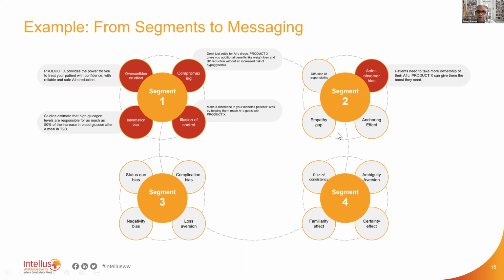So this is something that can be done now, taken all the way where your entire message map in Veeva can be loaded based on each segment. You could have mini inventories of messages down to the segment level. The rep would not have to do any extra work to figure out how to customize the messaging from one segment to the other, and so on and so forth. It would already be mapped. All that needs to be done is that they need to be trained to some extent to better understand why they're being asked to deliver an illusion of control message to segment one. So that would become part of their sales training.